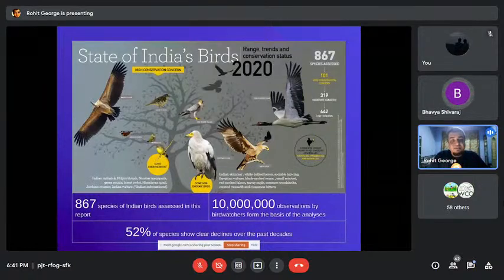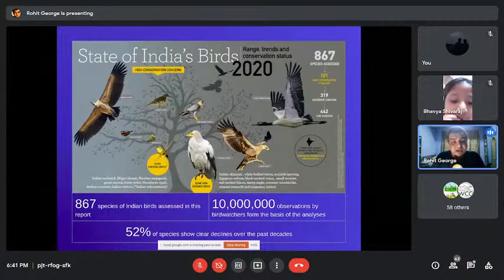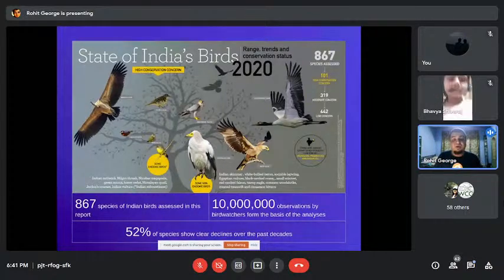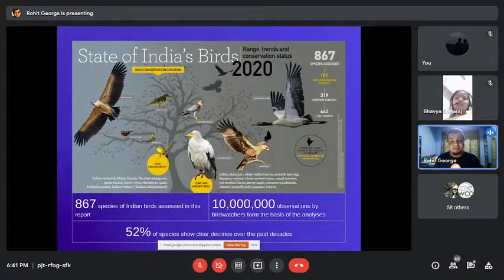And in this, using the data contributed by average citizens from across the country, they did a report of 867 species of birds. And for each species, they could say, okay, is the number increasing or decreasing? Is the habitat increasing or decreasing? What is the health of the species? So there's very interesting, useful biodiversity information, which was done based on 1 crore observations made by average citizens.